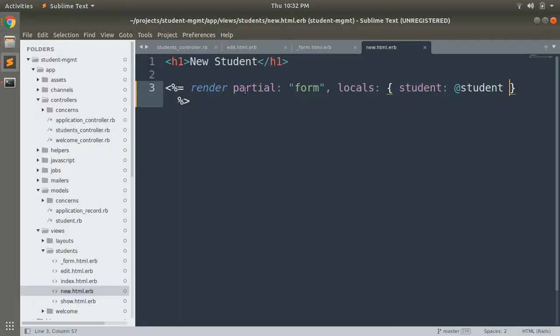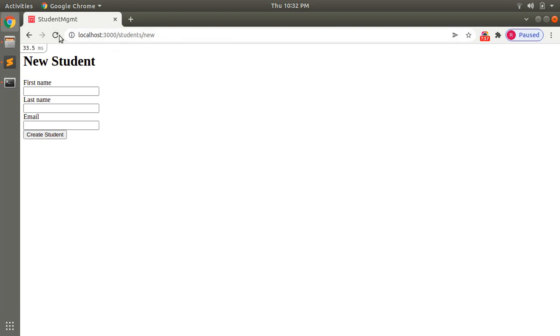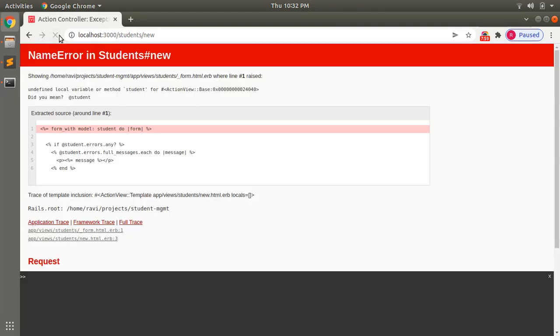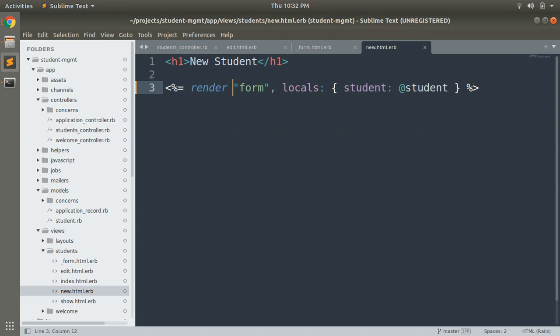But if you forget any of the symbols, for example if you forget to add partial here, you will get the error. Okay, now if you add partial here but forget to mention this local variable, this locals name, you will also get the error.